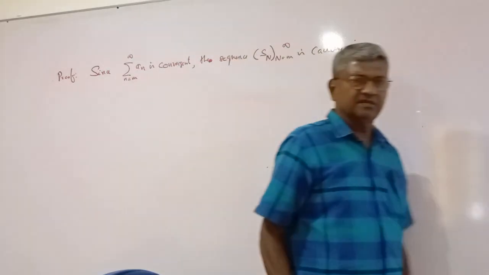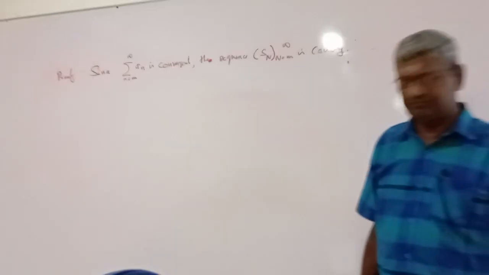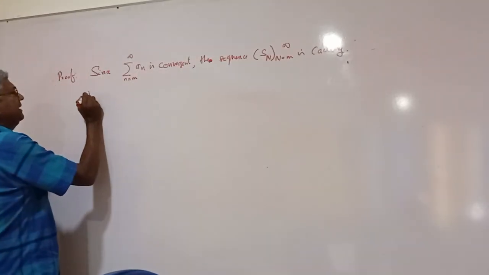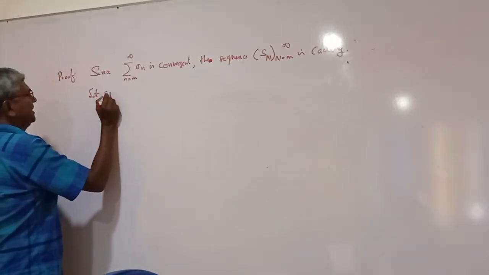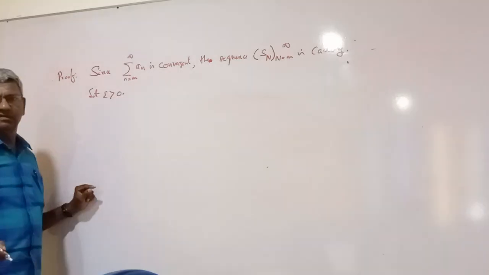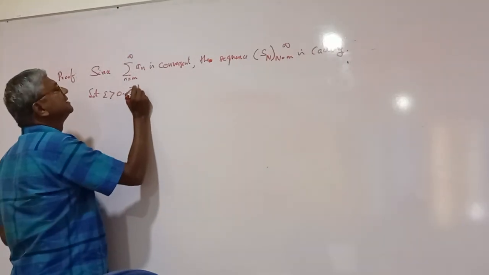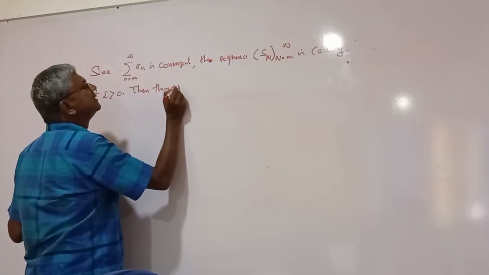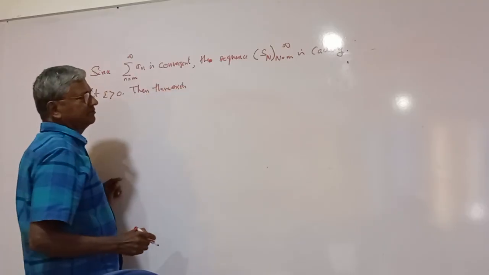The sequence is Cauchy, right? Let epsilon greater than 0. Then there exists some